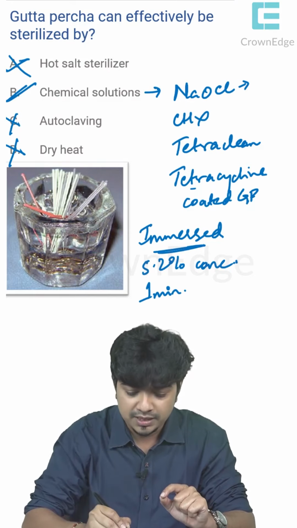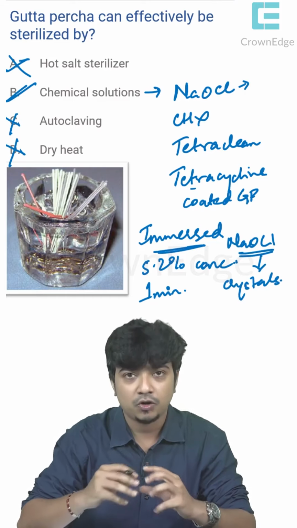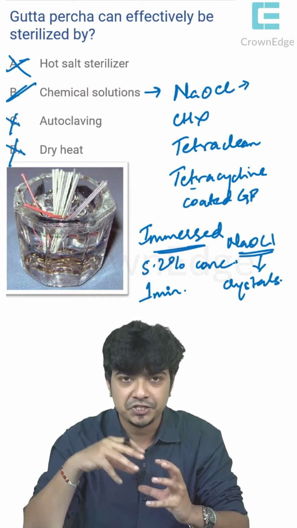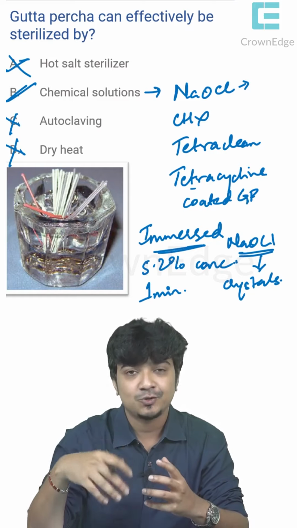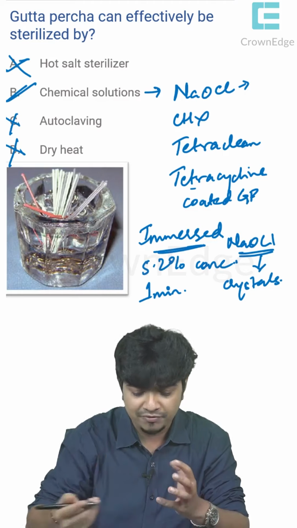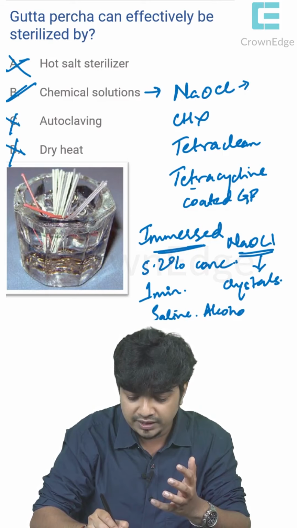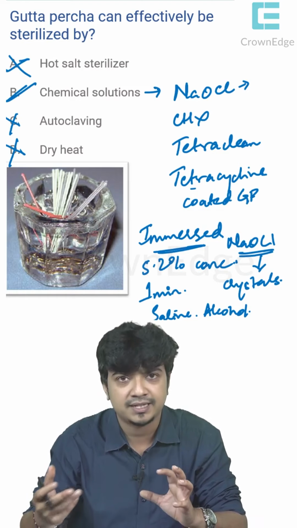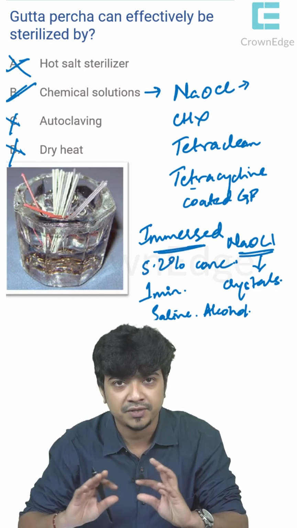The reason is because sodium hypochlorite causes few crystals which can accommodate on the gutta percha. So there are micro crystals of the hypochlorite ions which can basically get coated on the gutta percha when we have put it in the dappen dish. So it is necessary that we rinse it off either with normal saline, or you can use alcohol, or you can even use a little bit of isopropyl alcohol or saline, or you can use even betadine, and just rinse off the entire outer surface of the gutta percha.